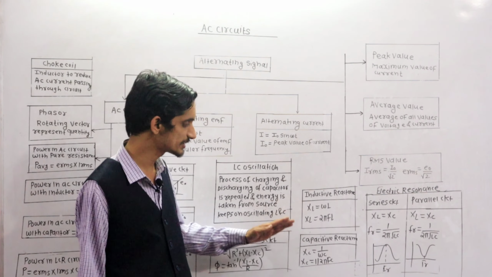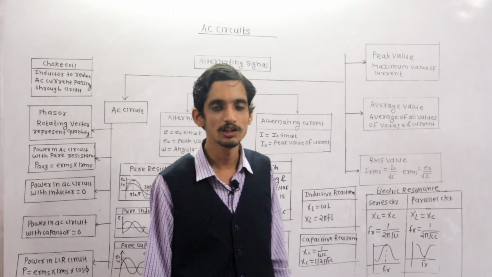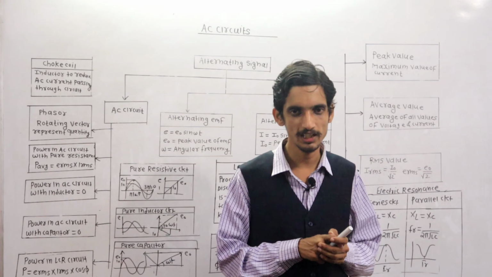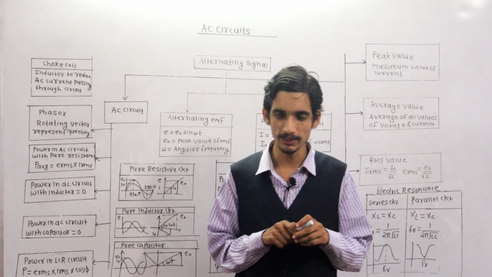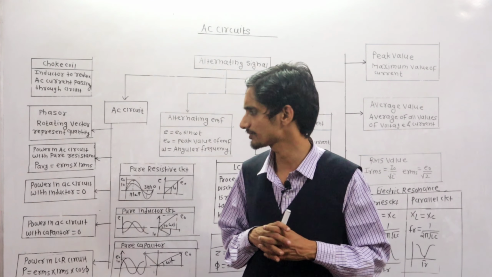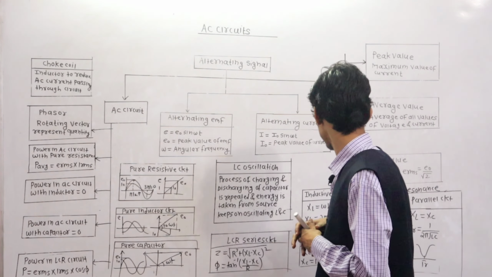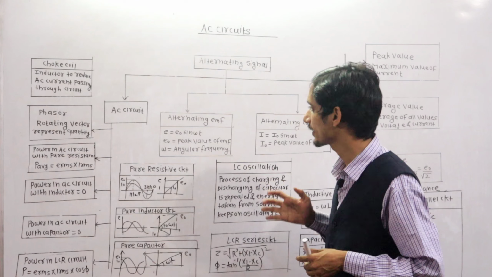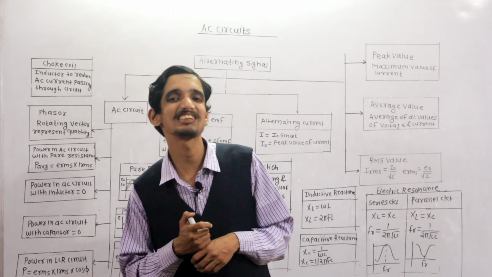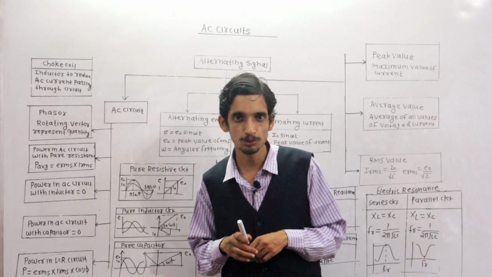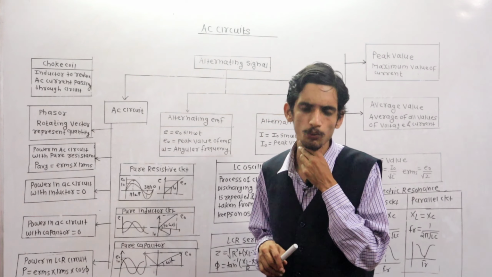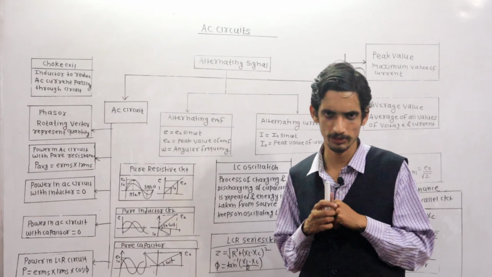So this is about series LCR circuit with respect to resonant frequency, impedance and resonance curve. Resonance means inductive reactance is equal to capacitive reactance. After discussing all these facts, we have completed the important facts about AC circuits. Clear? These are all important facts that you have to remember while studying the AC circuit chapter.